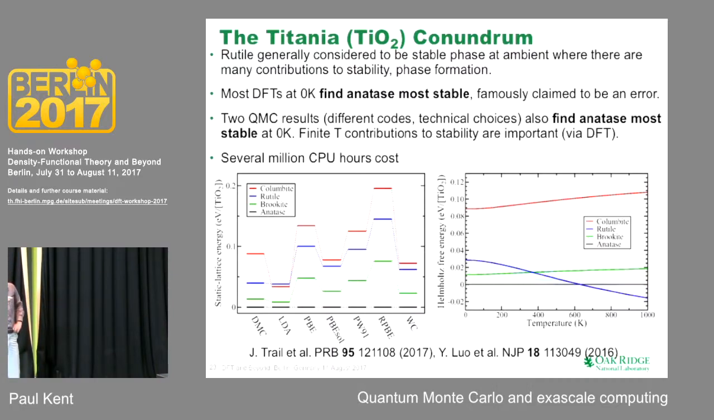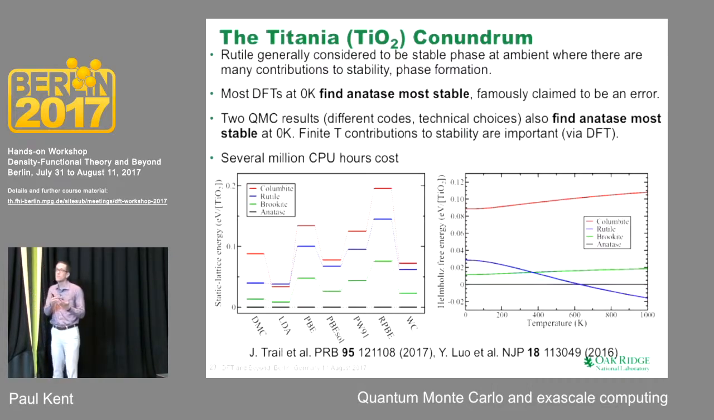And one nice thing here, actually, is that this is using different codes and slightly different technical choices. So, for example, the pseudopotentials are different. The main difference between the studies is that I would claim that we did larger cells and probably have slightly more reliable finite size extrapolation. But we then looked at